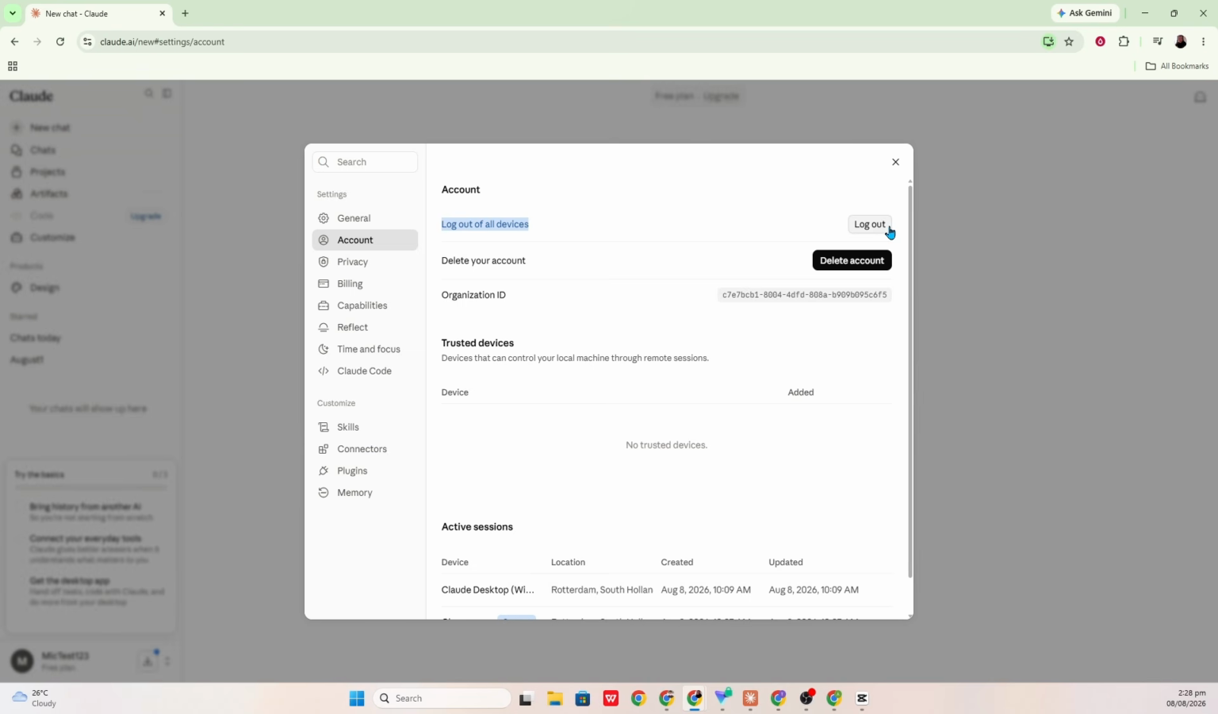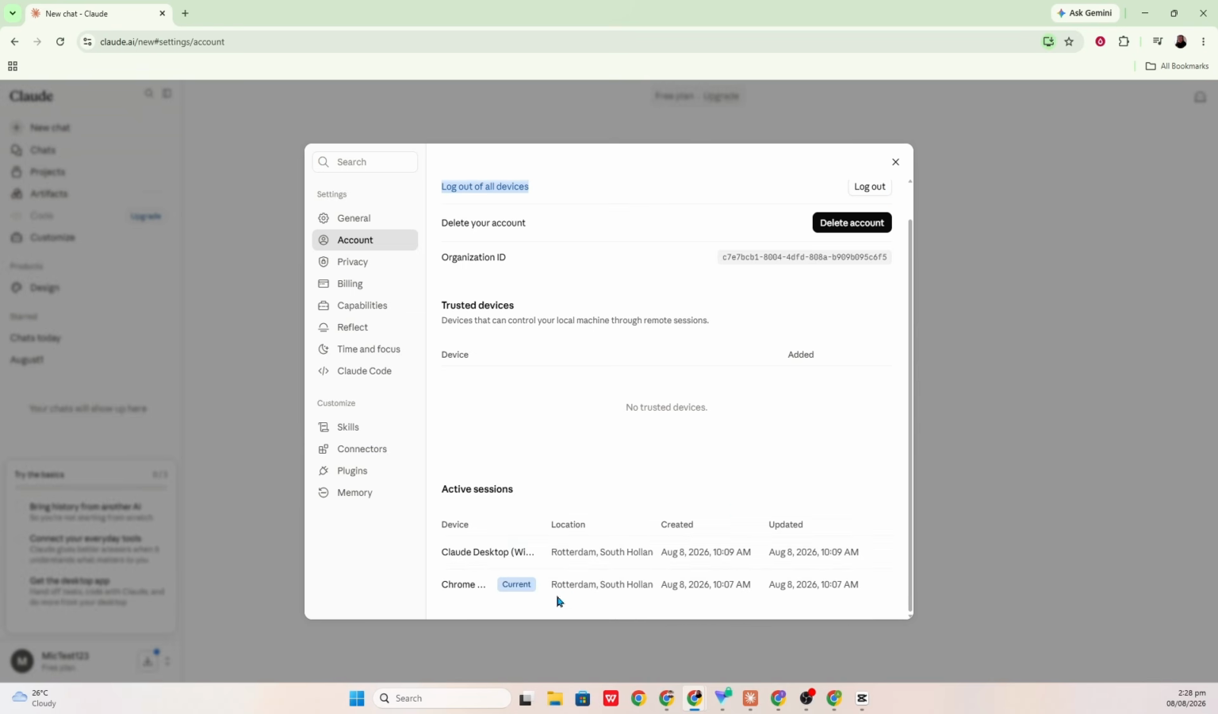Depending on your setup, you may also be signed out of the browser you're currently using. If you're signed out of your current browser, you'll need to sign in again on the device you trust. Once the logout is complete, devices that were previously connected to your account will need to authenticate again before they